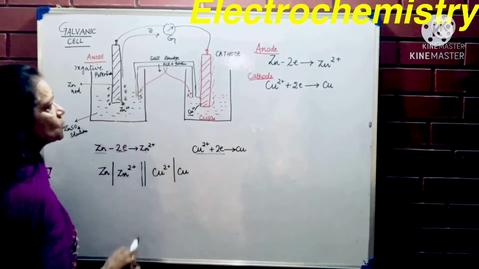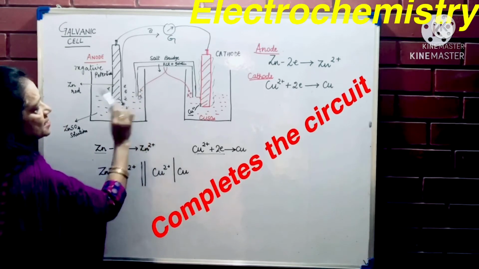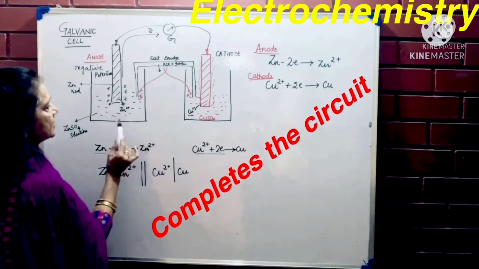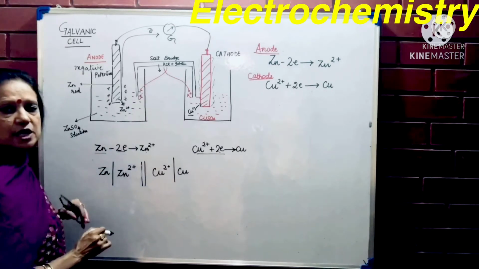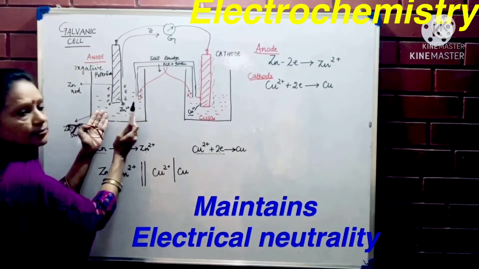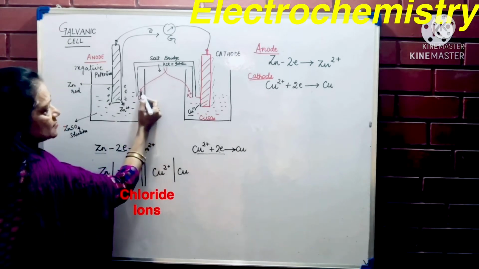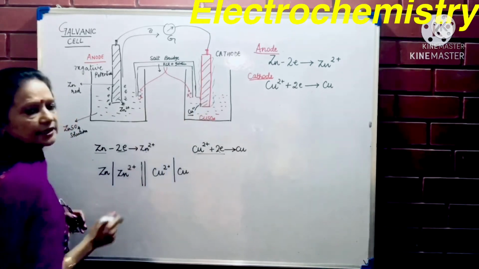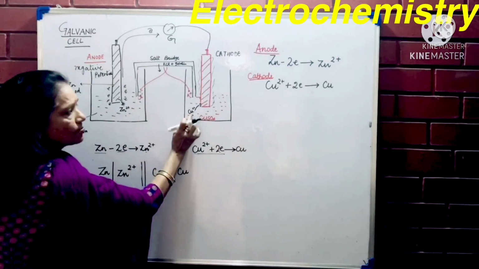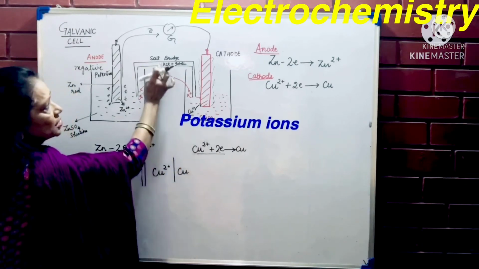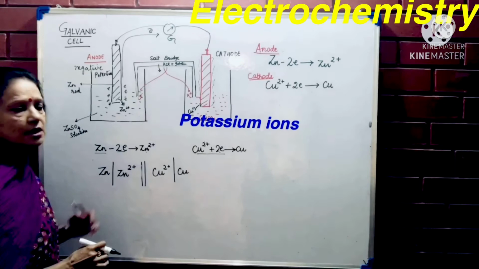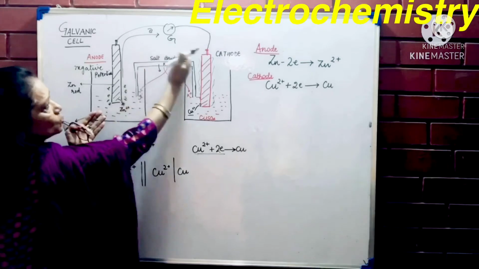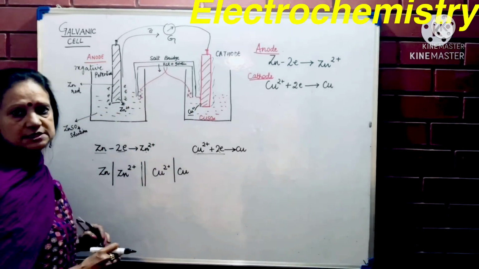Now the purpose of the salt bridge is that it makes the solution neutral. It is also connecting the solutions, number one. Secondly, on this side, Zn 2+ ions were coming into the solution, making this side slightly more positive. So Cl minus ions from here move here to make it neutral. Whereas on this side, copper ions were getting deposited on the cathode, so there were fewer positive ions on this side. So the positive ions from here start moving here to make this solution neutral. So both the solutions become neutral, and they complete the circuit with the help of the salt bridge.